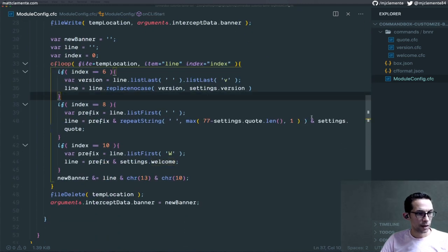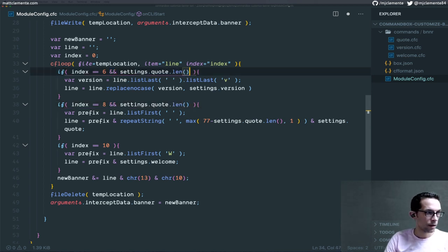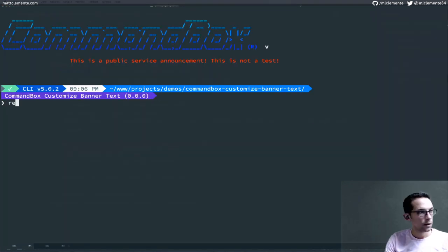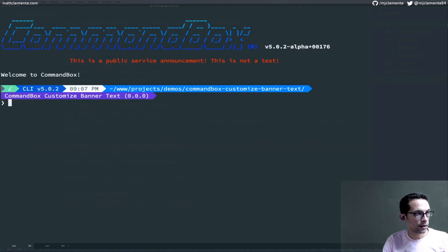So when we run it, we don't want to do it if index equals 8 and there's a quote and there's a version and there's a welcome. Reload. So now the other settings should remain. The other things should remain. Nice. Version's still there because we haven't done anything. Welcome text is still there because we haven't done anything, but we could do banner,